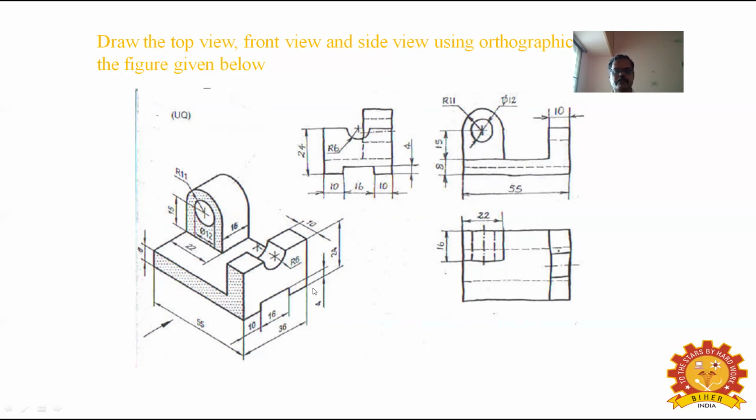Therefore, the depth is given as 4 mm. So from the bottom, you have to mark 4 mm and draw horizontal lines and convert them into hidden lines, dotted lines. The dotted line indicates that they are hidden edges. Likewise, here also in the U type, the C type slot, it is an R6 slot. Therefore, you have to mark it and convert it into hidden lines.